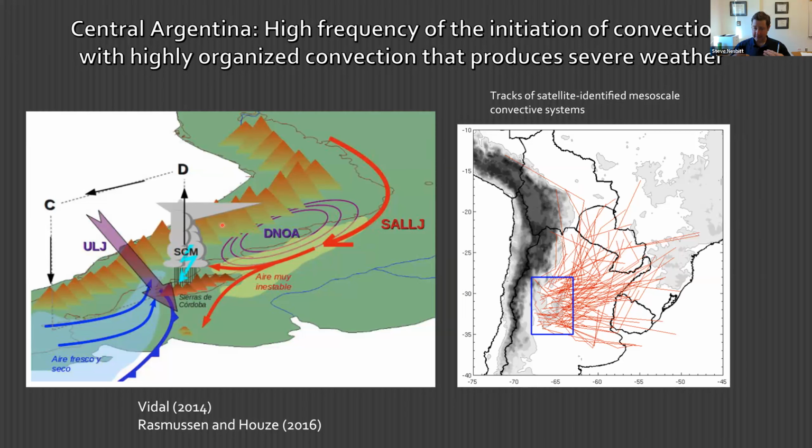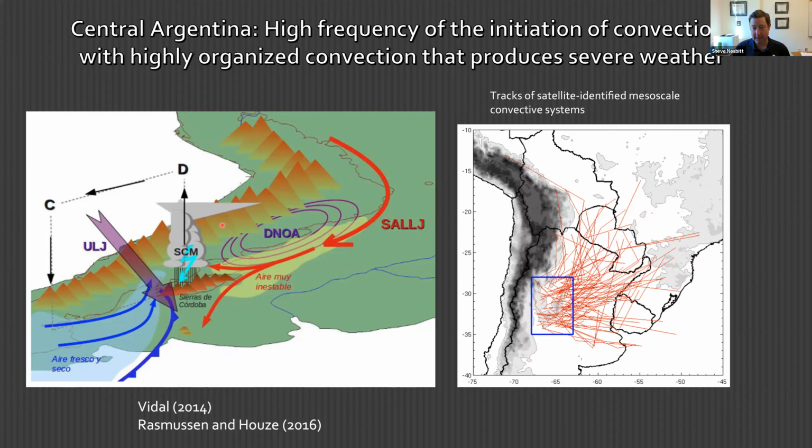The Andes are much taller and much narrower than the Rockies, excuse me. And then, of course, you have the synoptic pattern there where you have the upper level jet, which is actually stronger on average than in the Northern Hemisphere, blowing over the Andes and causing all sorts of interesting ageostrophic flows, which enhance the low level jet and also interact with fronts that come from the south